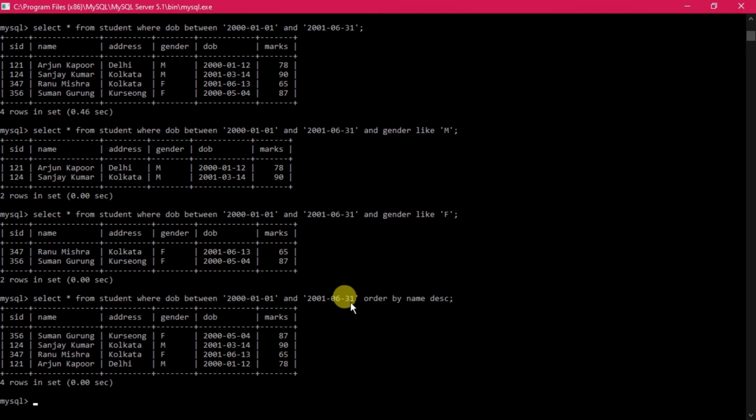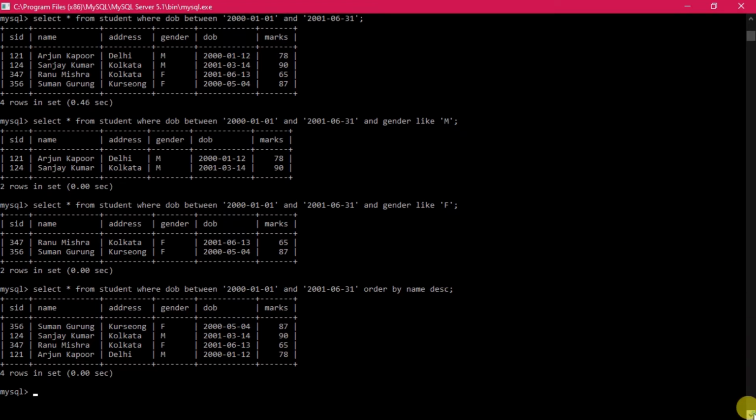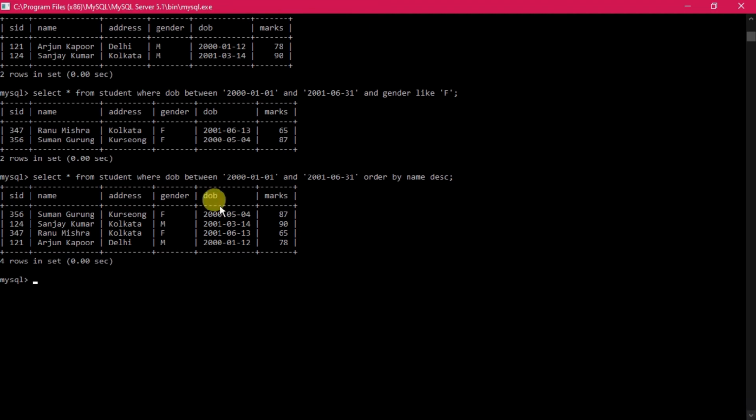All right, so these are the different types of queries you can see by using order by as well as the like clause and clause. Fine. Now see this kind of queries you can see out here. These are the tailor-made queries, so we are making them instantly, and this is the practical implementation also to be done. Select star from student where DOB between this one, 1st January 2002, 31st June 2001, order by name DESC in descending order. This name must be printed along with the respective data. All right, that is the thing.